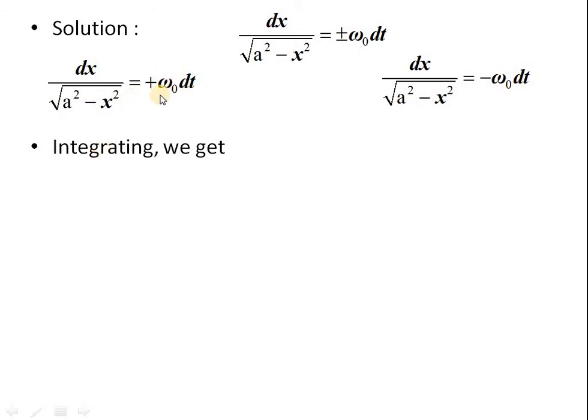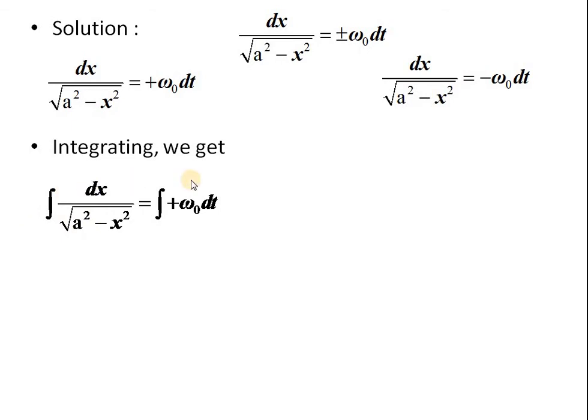Once again we can integrate. Earlier we integrated once, we got one step closer to the result, and now once again you have to integrate, you will reach the final result. Because for solving a second order differential equation you will have to integrate 2 times. If you have a third order differential equation, you will have to integrate 3 times. That is all. Okay, so let us integrate it.